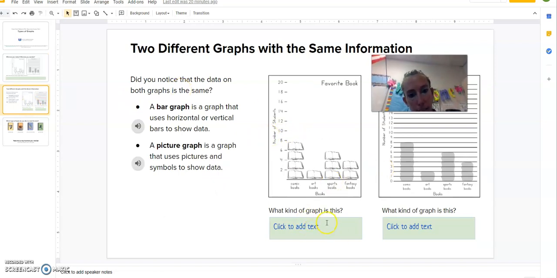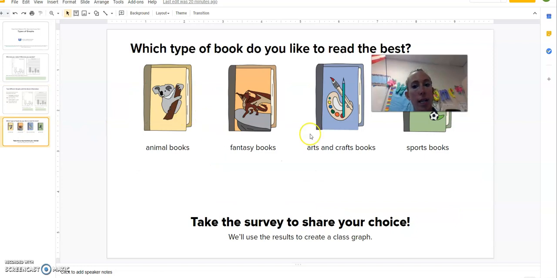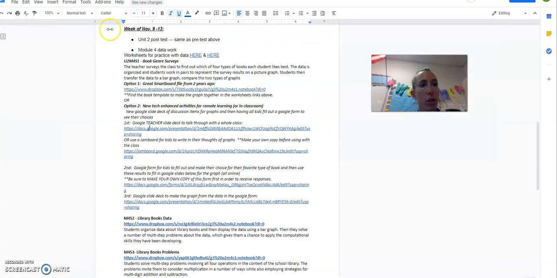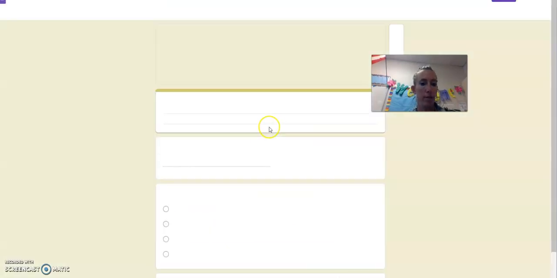And what type of graph is this? If we give you the definitions over here and we label it. Okay, and then I'd say, all right, now we're going to take a vote right now. Take a survey. What type of book do you like to read the best if these were your only 4 choices? Okay, so then if you go back, you could either just have kids raise their hands, right, and you take the survey right there in person. Or you could have the kids fill out a Google form